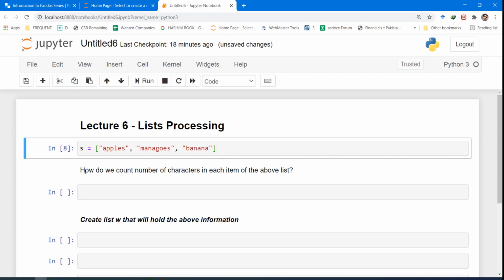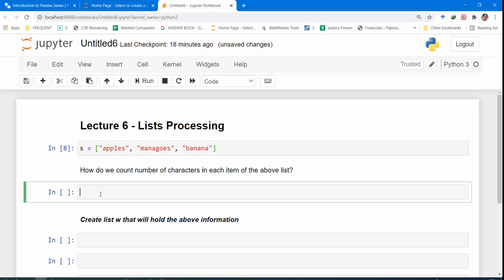So let's create a question: how do we count the number of characters in each item of the above list? If you were to do this manually, we would use the len function and slice the first item from the S list. The first item is located at index 0.